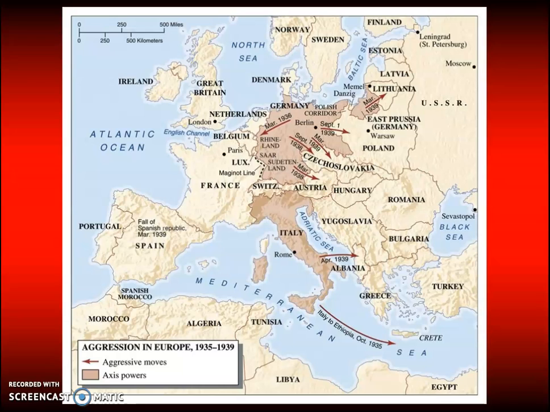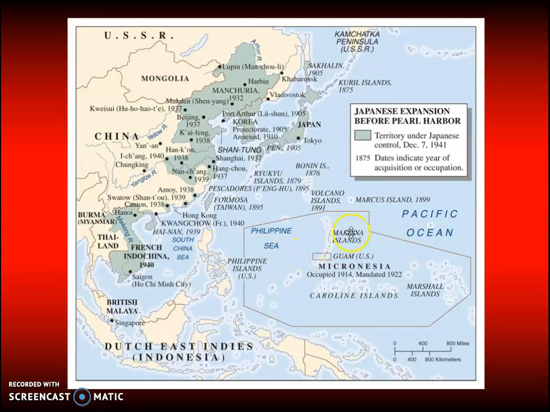As you can see from the map that I have here on the slide, it shows the territorial aggressions of Nazi-era Germany as well as Mussolini's Italy during the period. Moving to the Pacific, you can see Japanese expansion before 1941, how they've taken over areas of Manchuria and northern China. They've taken over French Indochina, what we think of as present-day Vietnam, portions of Cambodia, and they are moving through the Pacific to take up island chains as well.